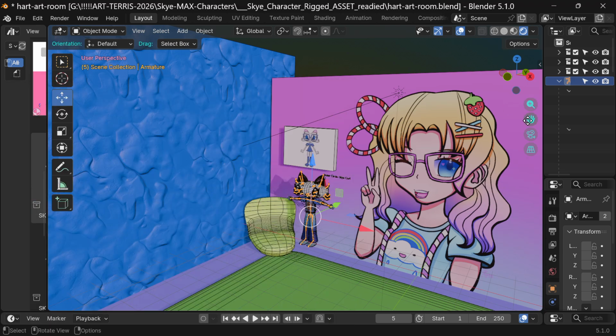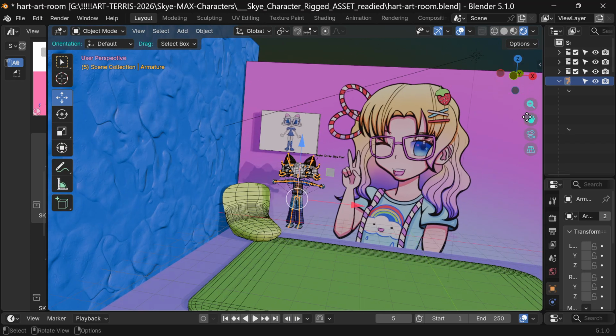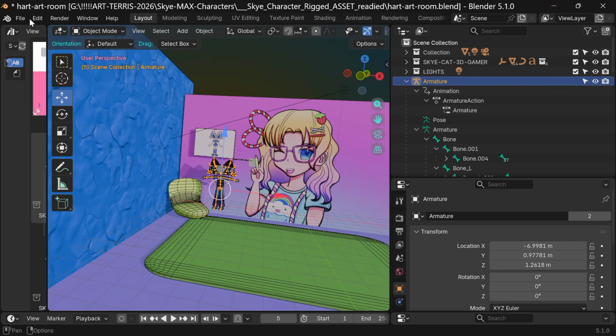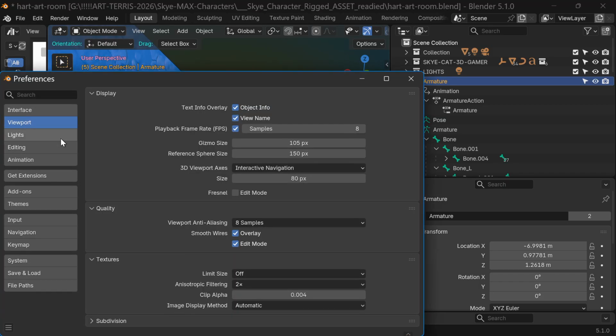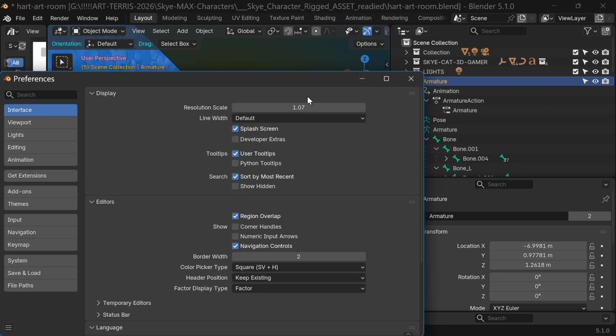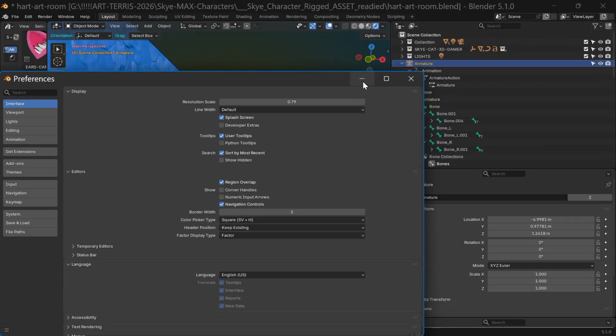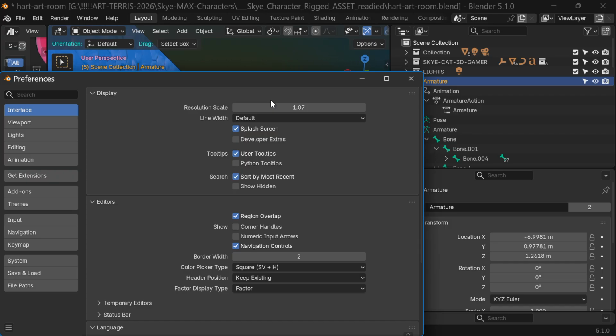So I think that's really important because, like the viewport, sometimes you want it smaller or larger. So you go Edit, Preferences, and then I like to change the size of the viewport a lot. I think that is so cool. So I'm going to turn that up a bit. Some people like it tiny,